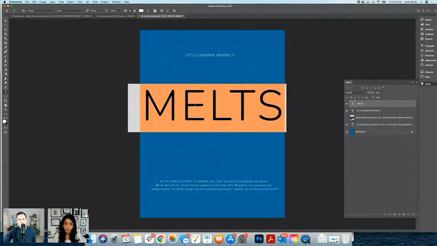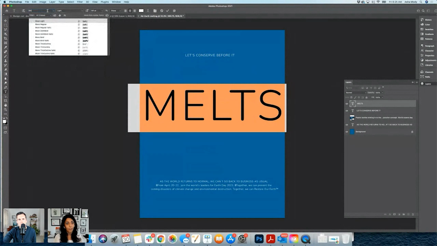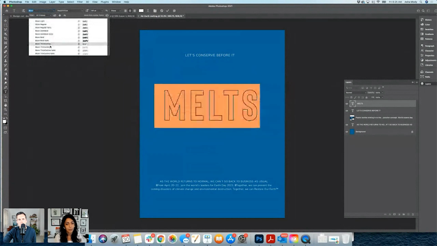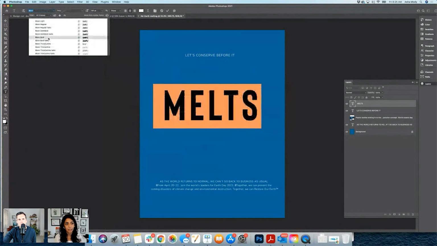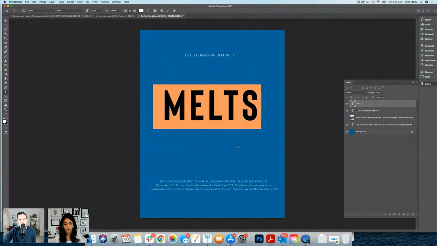So I went on my font search, and of course, DesignCuts had released a new font, Bison, which is a really nice font. It has lots of variety. So that makes me look at the outline and the bold. It's so graceful and standing tall. I didn't want a melted and very feminine font. I wanted it to be impactful. So I use this font.